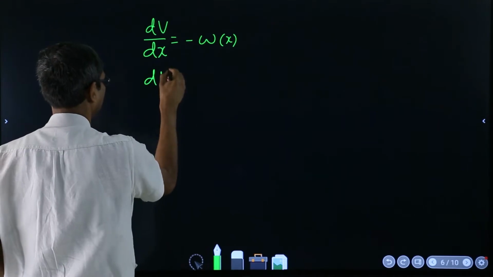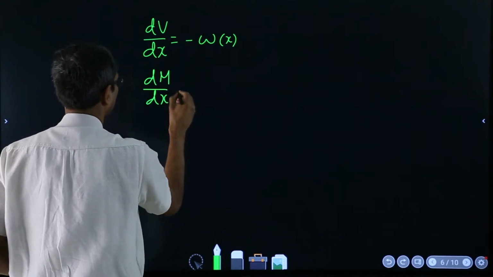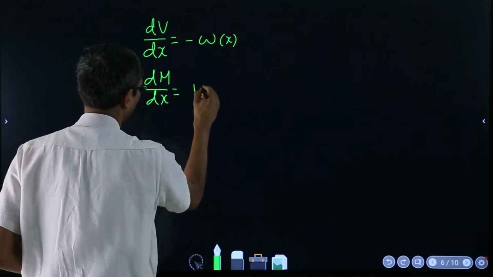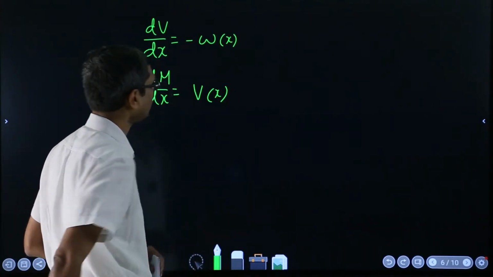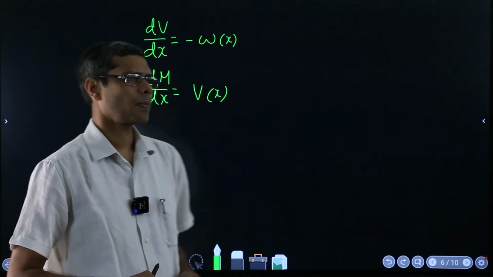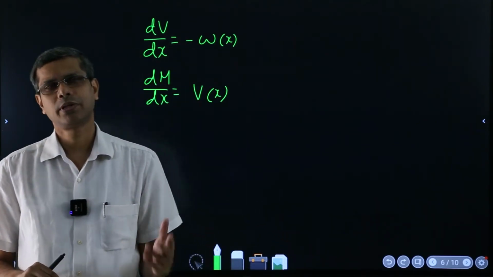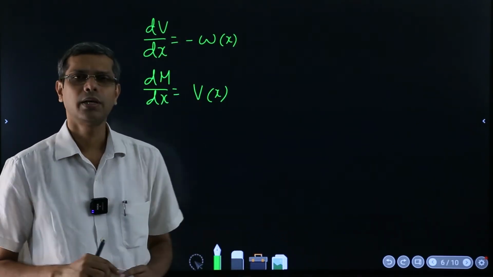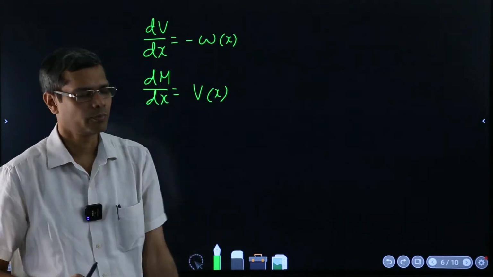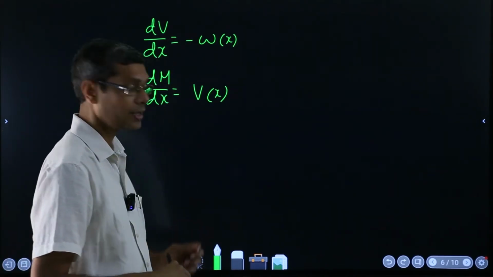Similarly, dM over dx is your V of x. Before that, in the previous segment or even before, we had derived